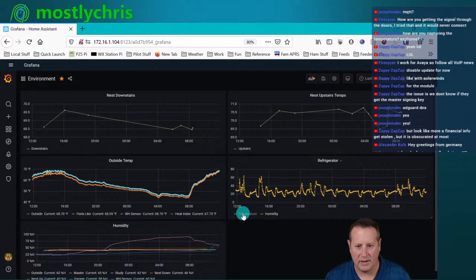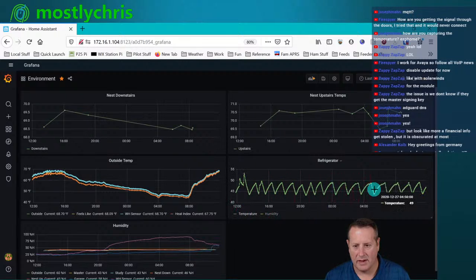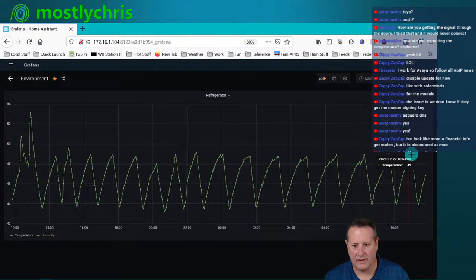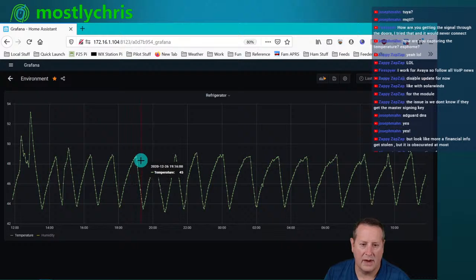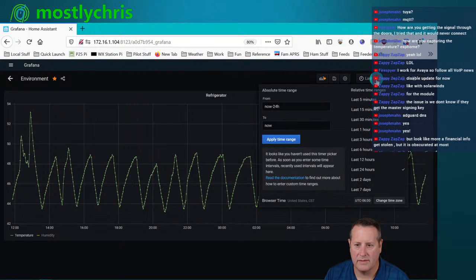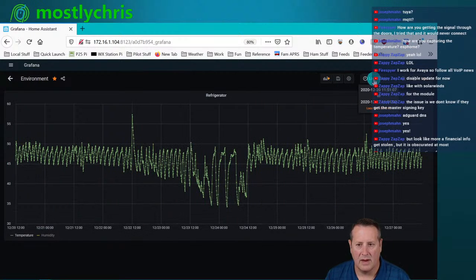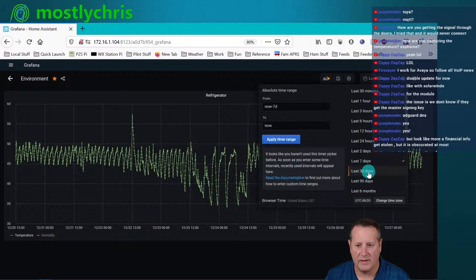But look, if we look at my temperature, this is what my temperature does all day long, every day. Let's view that on the big screen here. It gets as high as about 49 or 50 off and on throughout the day. And that's what you see when it gets up higher. If it stays at this 50 or above range, like I said, I'll get an alert if it's been that way for an hour. So if I look at 7 days, it's been behaving lately, so it's not been a big thing. If I look back even farther, let's say 30 days,